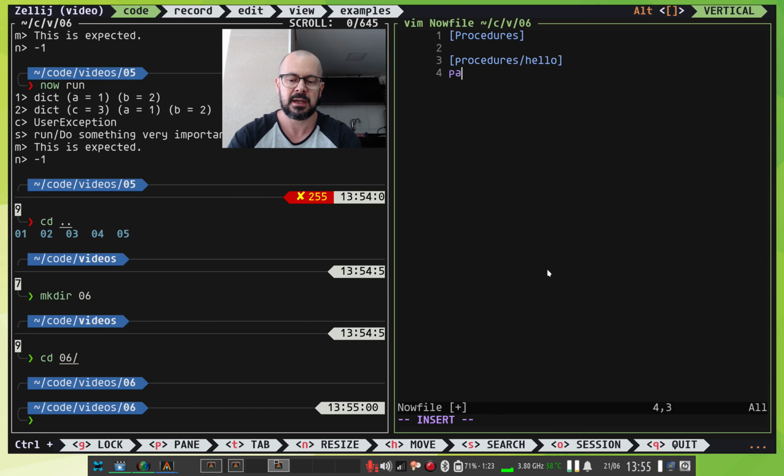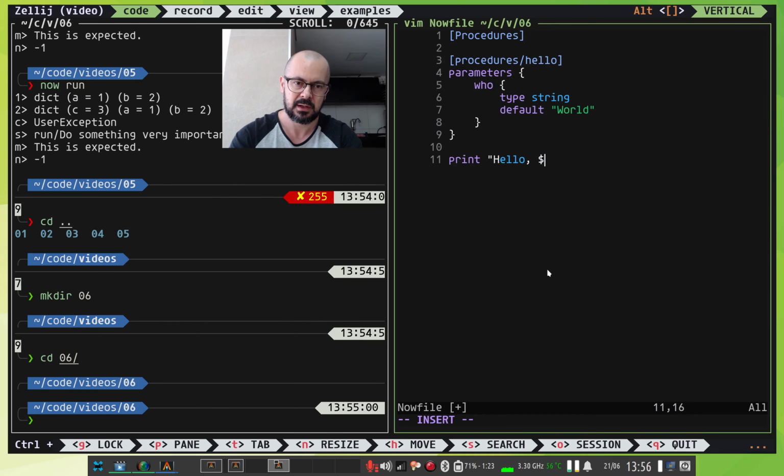We can write a procedure, name it procedures, hello again. Hello. And it uses the same structure from a command. So there's the parameters, who, that's a string, and default is world, etc., and it's going to print hello